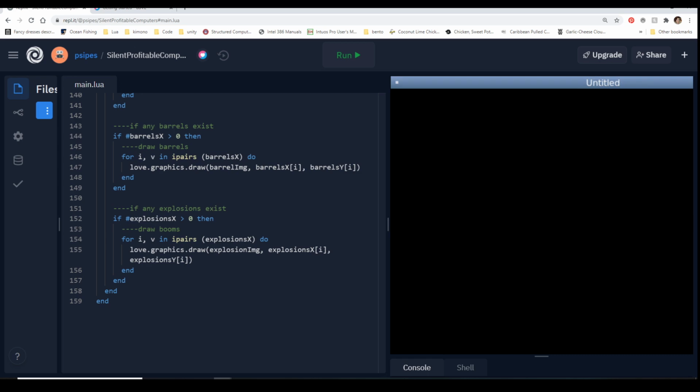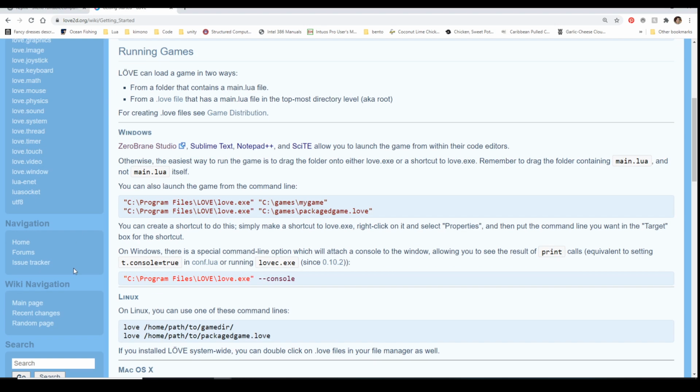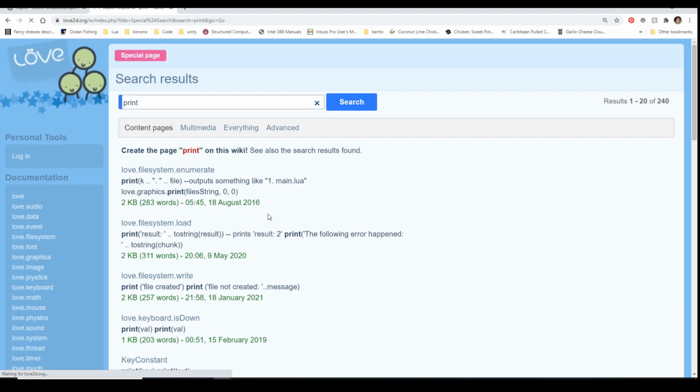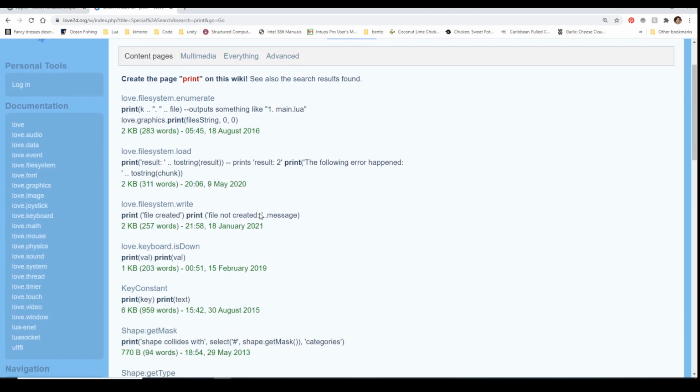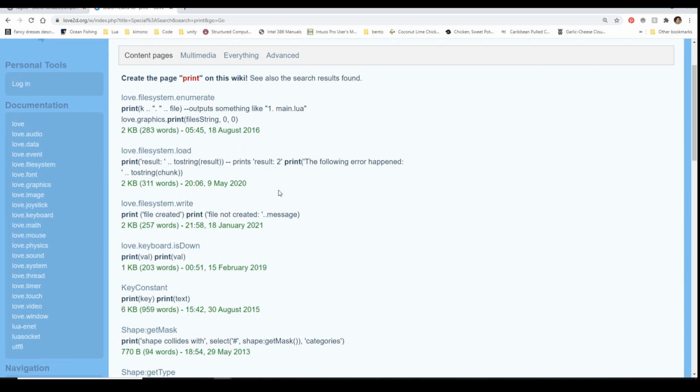So if you come into Love again, and you can say, okay, I know I want to print. And it's going to show all these things, and you may have to figure out where it's at. But you know that this text, this font is drawing on the screen, so it's going to be a graphics thing.